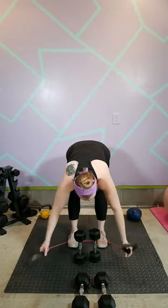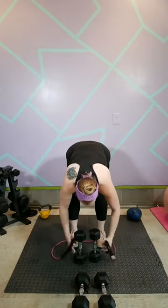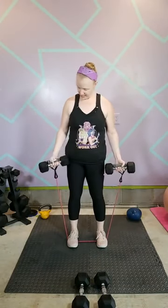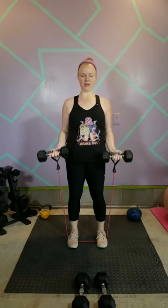All right. Woo. Even just pulling those up, my arms were like, are we seriously doing this again? Yes, arms, we seriously are doing it again. All right, shoulders down, elbows locked to the sides. Let's do it. 12,